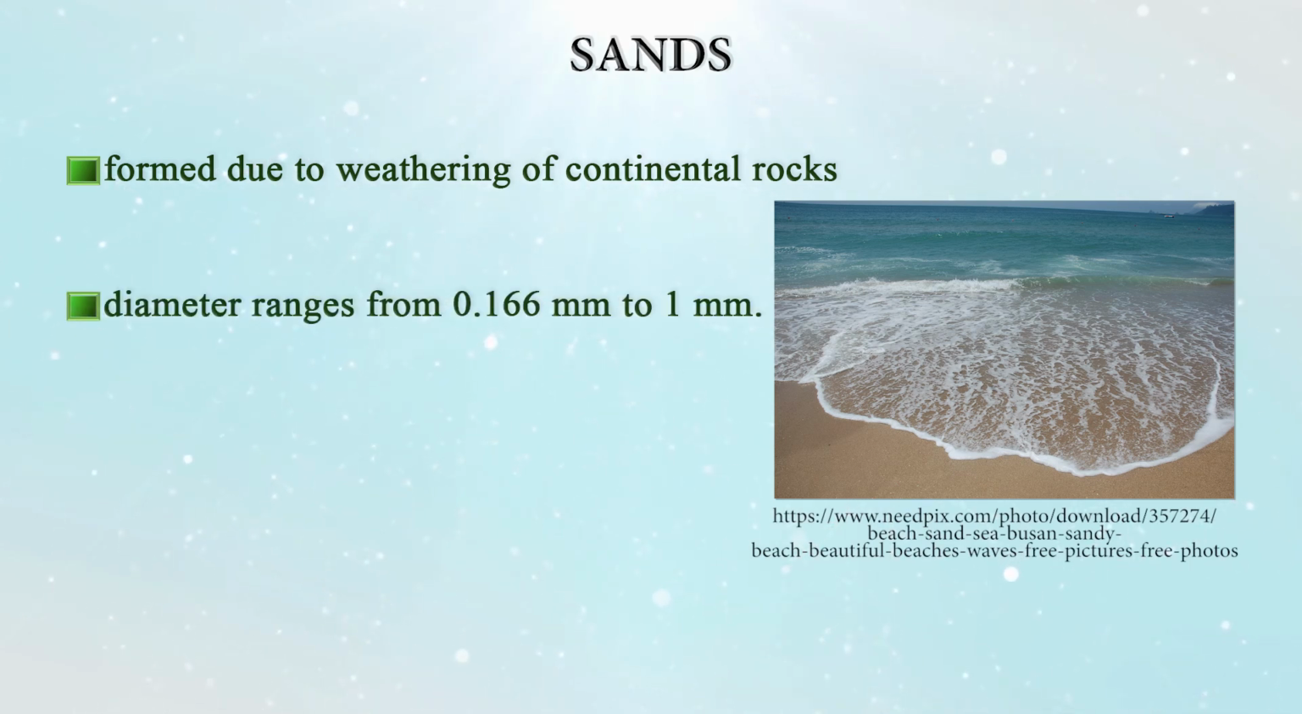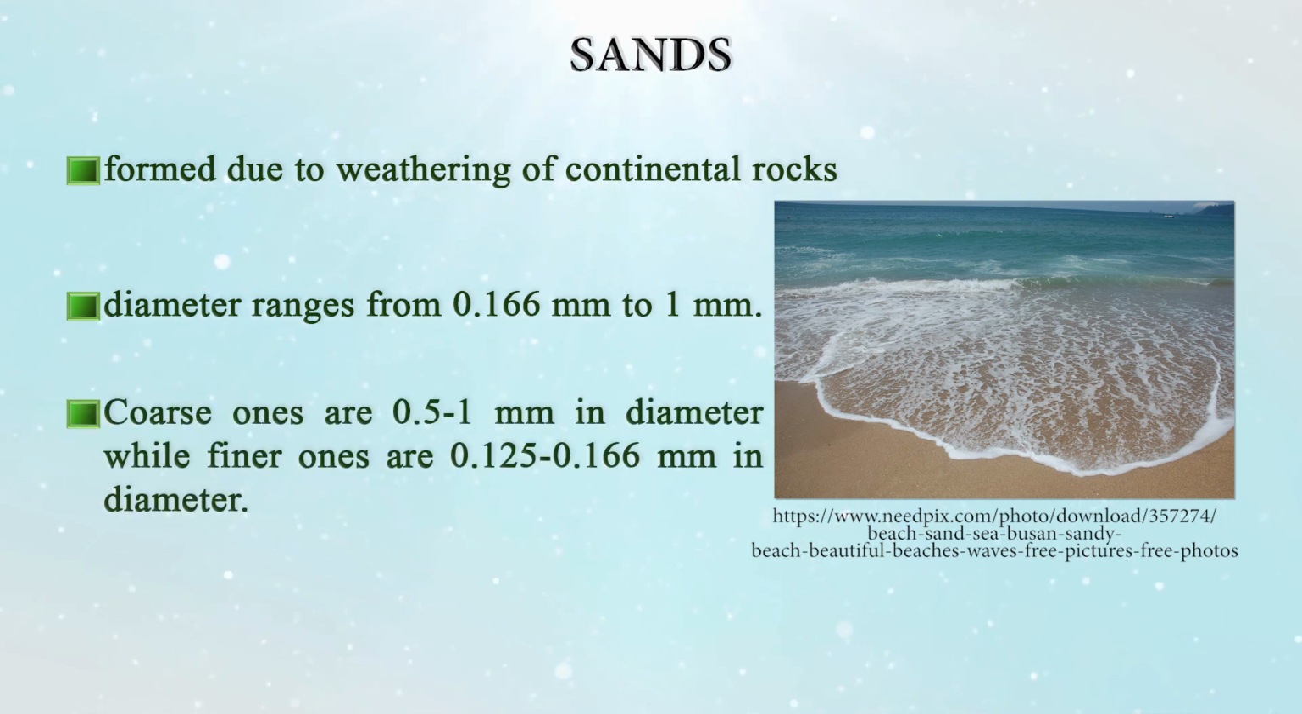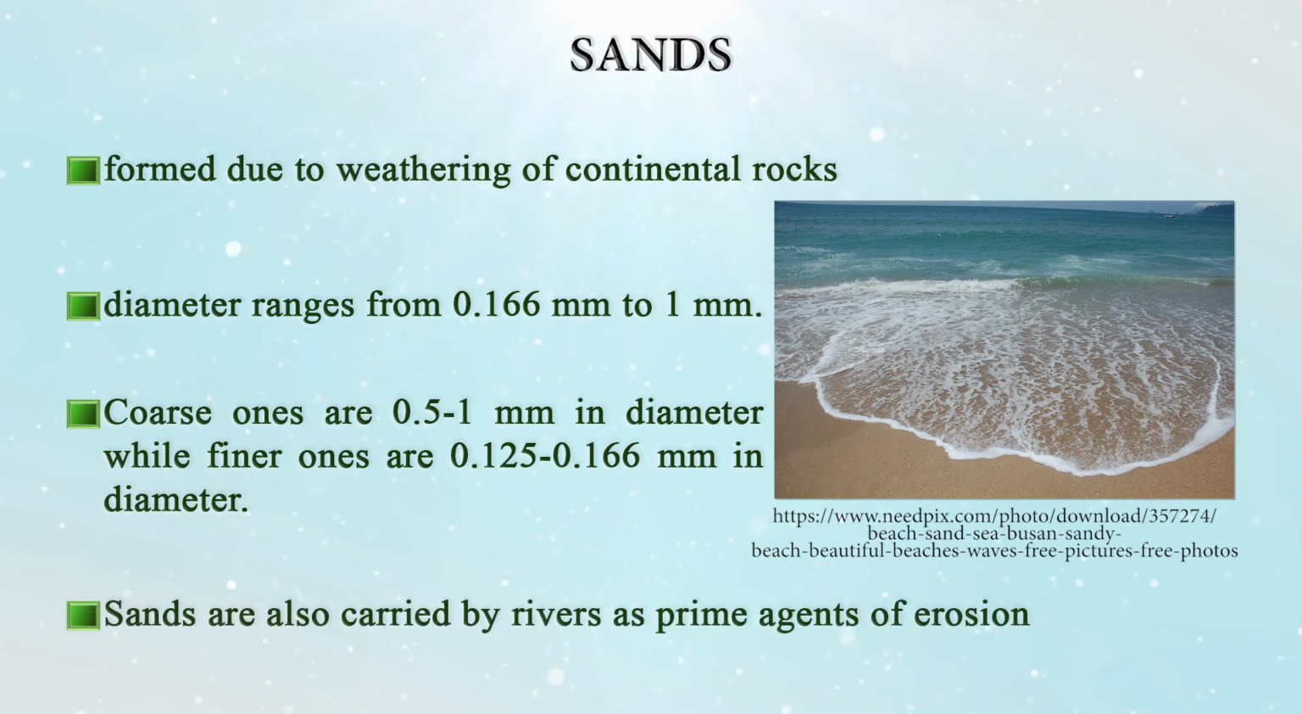Their diameter ranges from 0.166 millimeter to 1 millimeter, and the coarser ones are of the order of 0.5 to 1 millimeter in diameter, while the finer ones are 0.125 to 0.166 millimeter in diameter. They are also carried by rivers as prime agents of erosion, and the finer deposits are